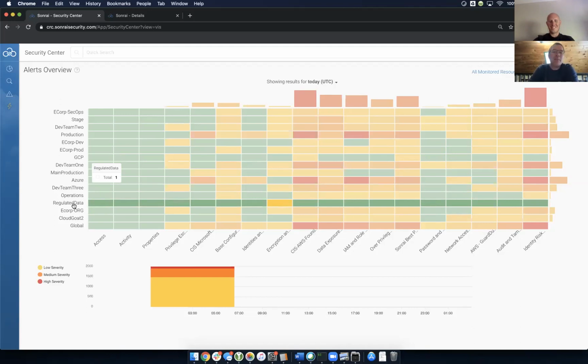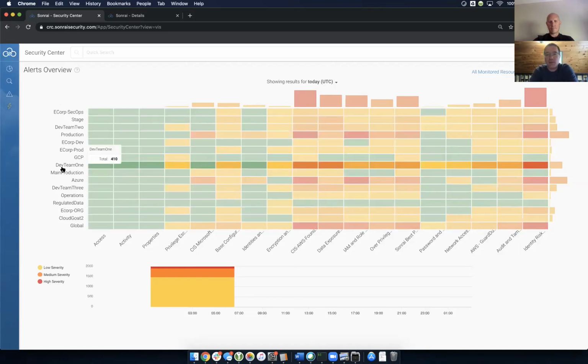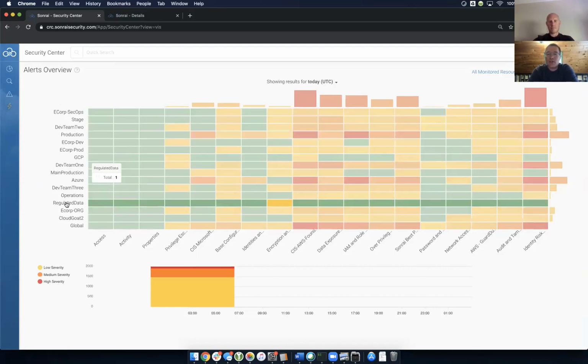And you can do the same thing with individual development teams. You could have dev team one, and apparently those guys don't do a very good job because they've got a lot of red and orange bars here that they've got to go fix along a lot of different issues. But by doing that, it allowed us to take those 4,000 issues and really tell, from the top level of security, here's the one thing you need to go solve now, right?